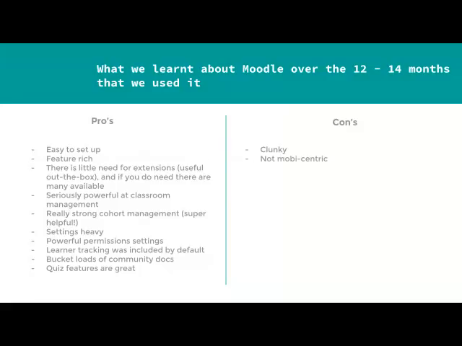So that's the first con, and we tried our best to make it a bit easier, but we then started hitting ceilings of what we could do. We then realized that we had a very unique challenge at that point in time with our learners, and that was that most of our learners we expected would be learning their digital content on their mobiles.